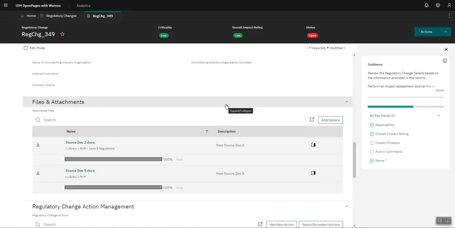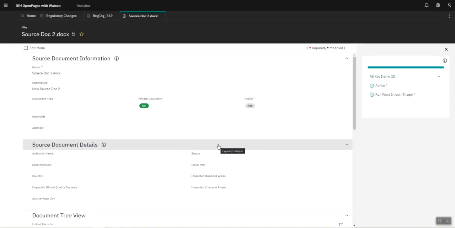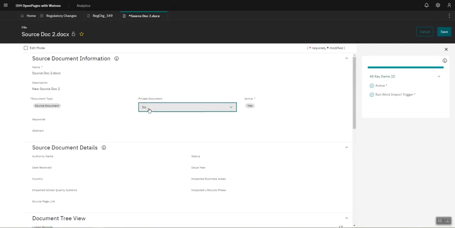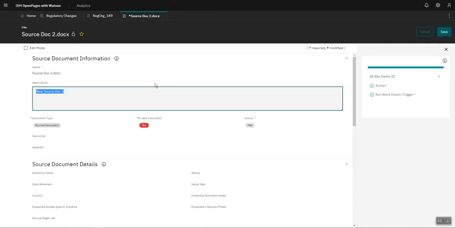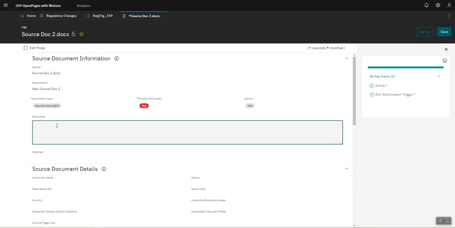Once the files have been added, you can now begin to work with any of the information associated to those files. Let's click into SourceDoc2 as an example. By clicking in SourceDoc2, we can now see metadata about the document itself. This includes information such as the document type, whether or not it's a private document. If we set that to yes, this will allow us to restrict access to this document by utilizing our security rules. We might also want to add keywords,